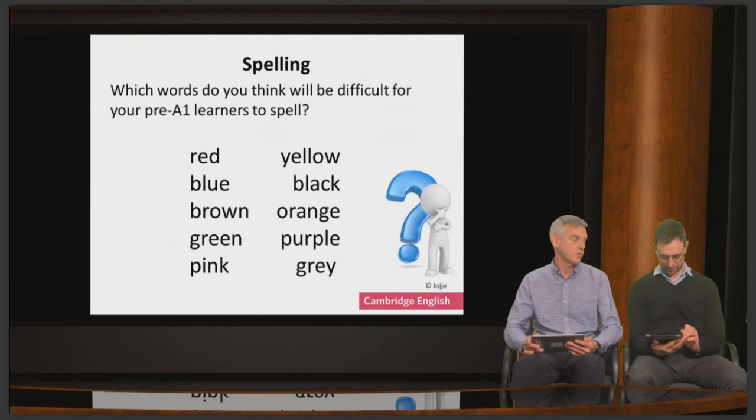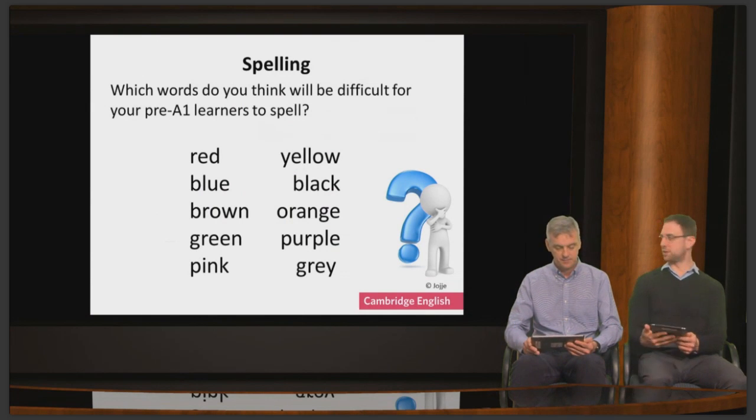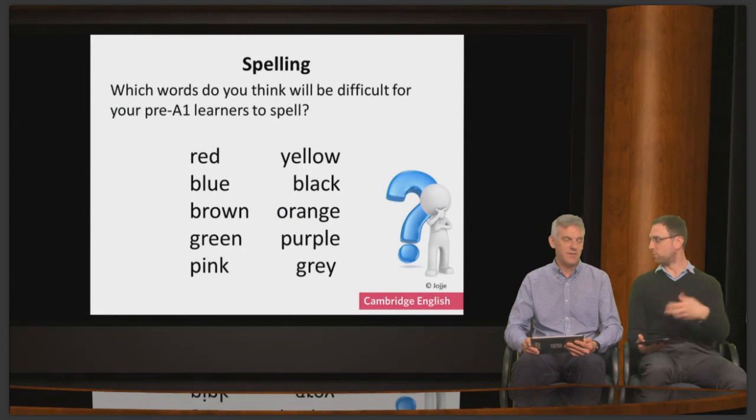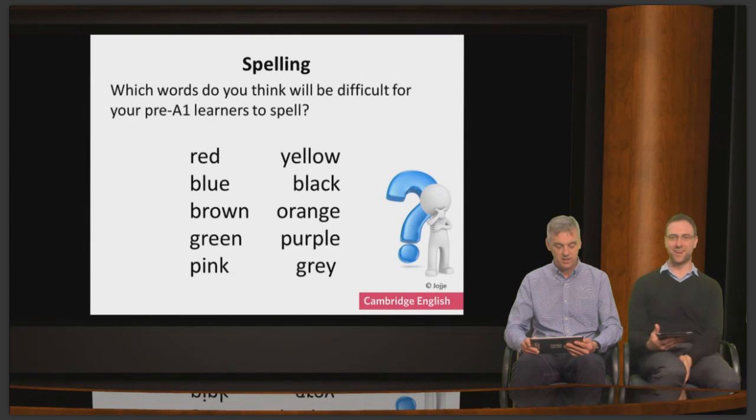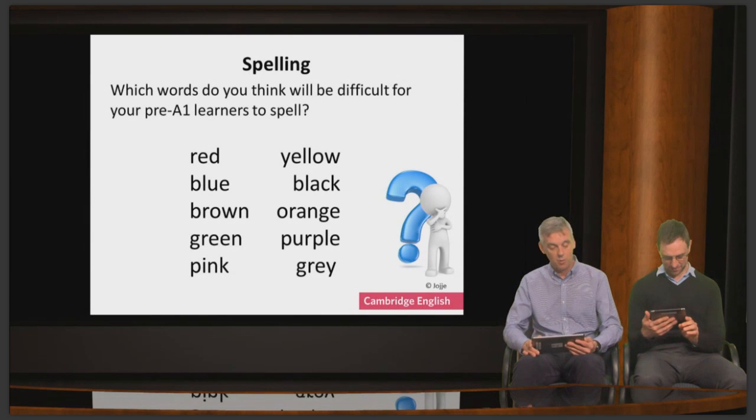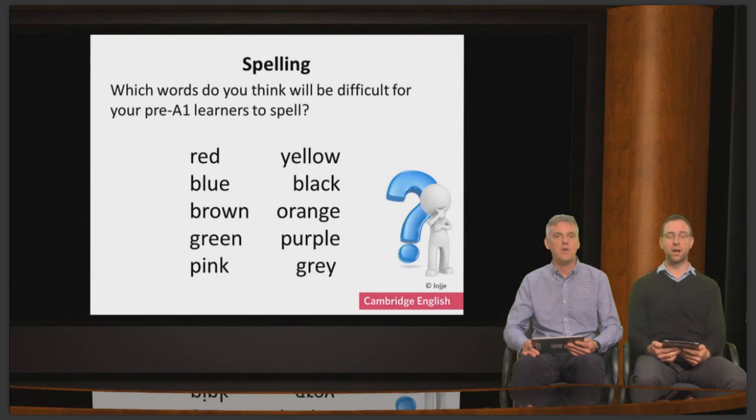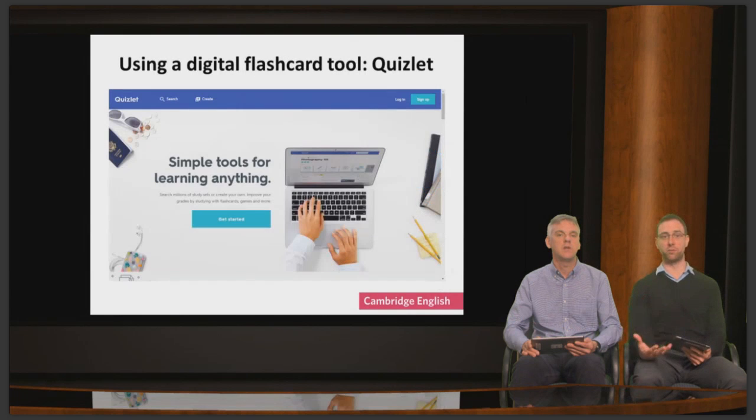Why do you think that would be difficult to spell, Tom? I guess purple has the sound, doesn't it? And the English sound has a few different ways to spell it. Yeah, that's right. Do you think that it would also depend on what the student's first language is? I guess it may well do, yes. Yeah. So once the learners are confident with the meaning and the pronunciation and the spelling,